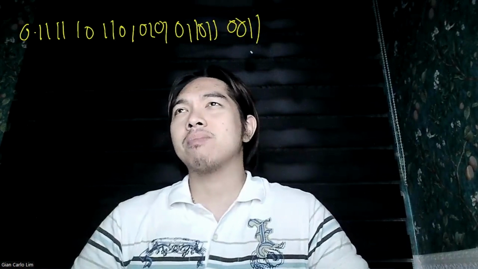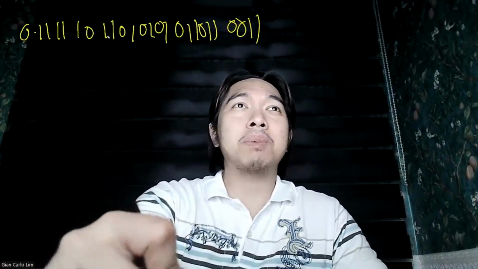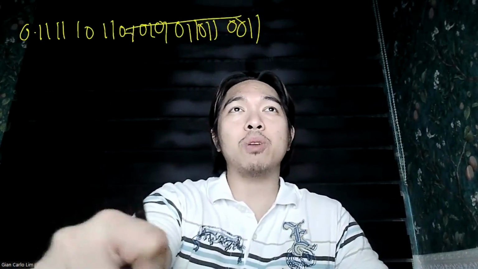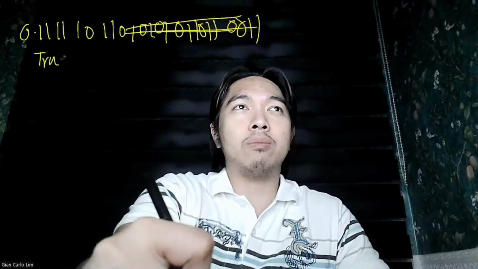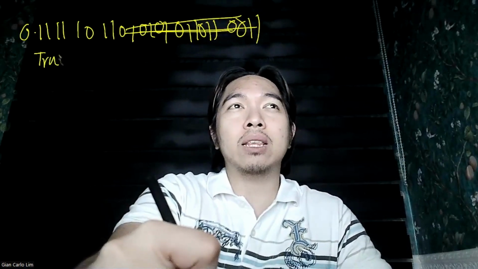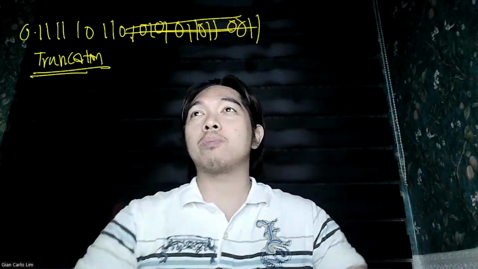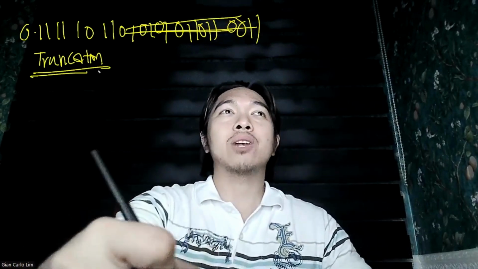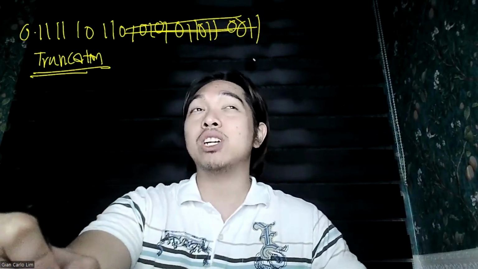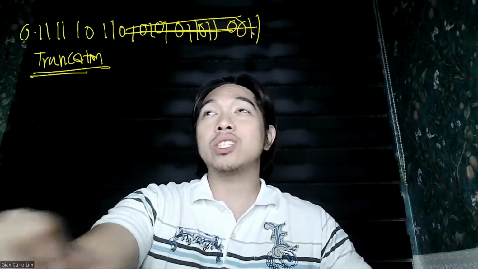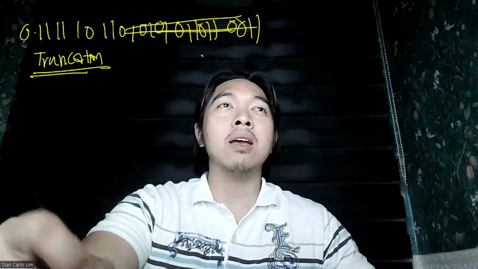Ang haba. Di ba nga, ang ginagawa natin dyan, pag masyadong mahaba, we truncate. Pinuputol natin yung certain part. Thus meron tayong term na tinatawag na truncation, wherein pinuputol natin yung other part. Or ginagawa natin, we move that one bit to another para mapahaba siya, just to have more precision or mas maging accurate yung data natin. So, what if,